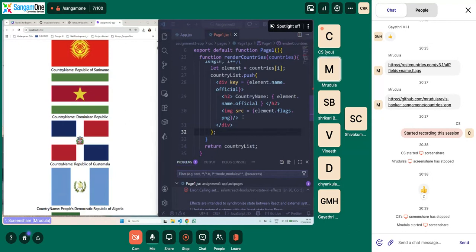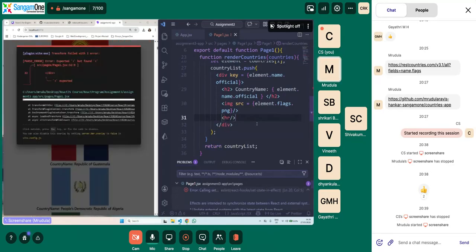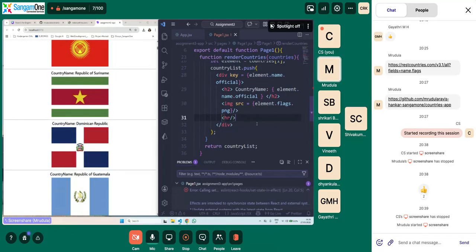Under the image we will have an HR tag, which will give us a horizontal line across. Now you can differentiate: the country Republic of Suriname has this flag, next you have a line, and then the next country and its flag.